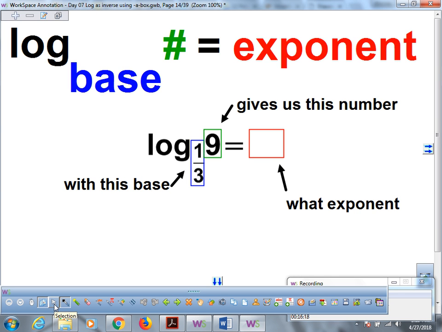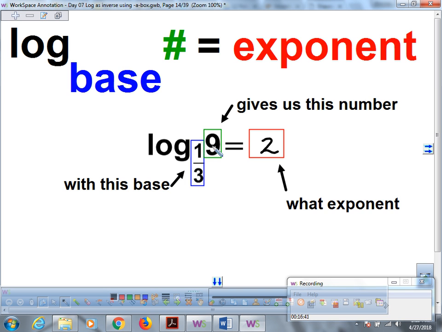Okay, so now you ask yourself, is the digit getting smaller? No, it's getting bigger, right? So it's squared. To get from 3 to 9, I need to square it, but to get from a fraction to a whole number, I need to take the inverse, right? Or not the inverse. I need it to,